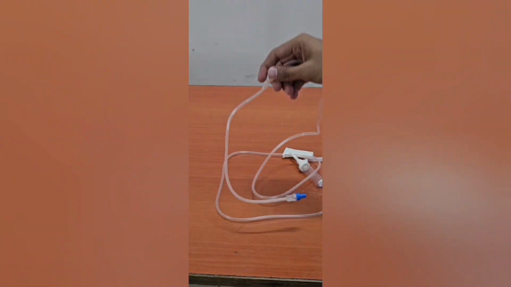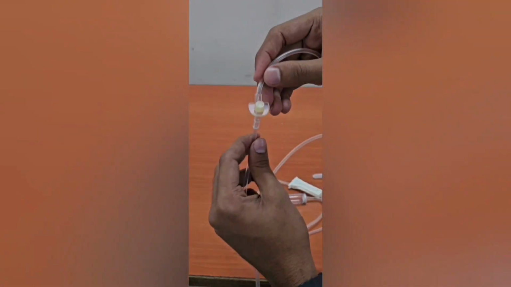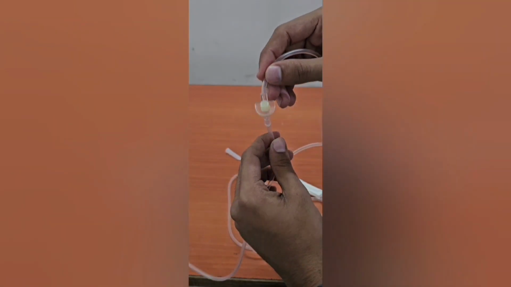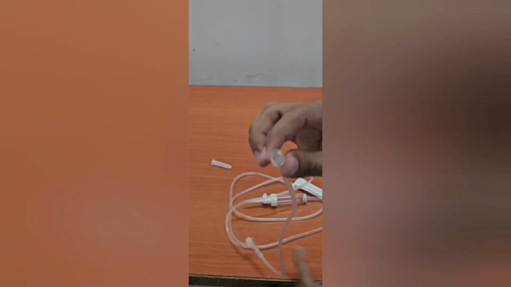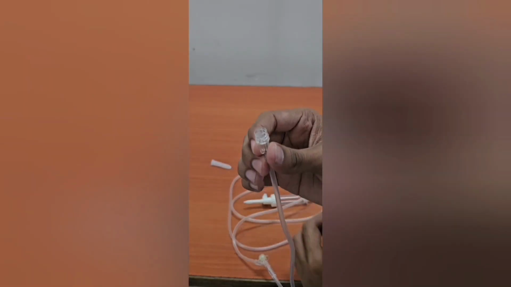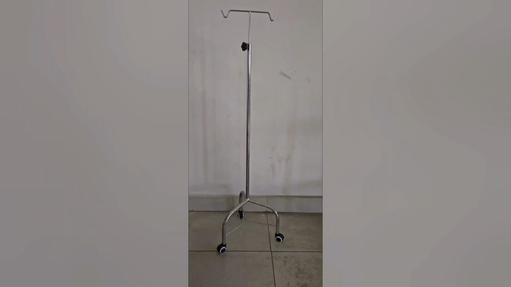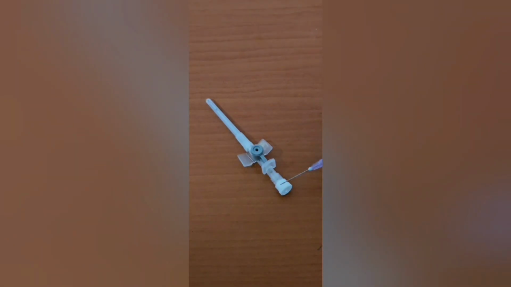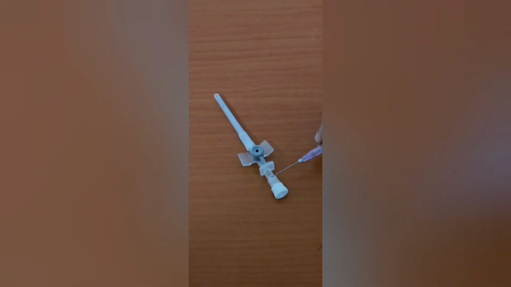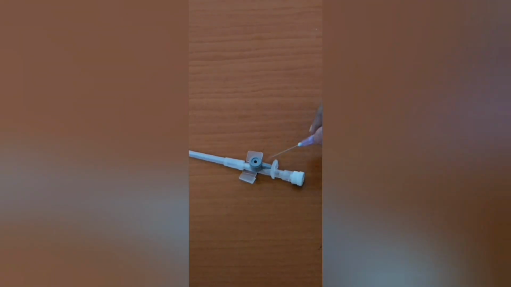This is the injection port. And the needle end, which is used to attach to the venflon. This is the IV drip stand. Now we'll see the parts of a venflon. There is a lower lock plug, flashback chamber, needle grip, luer connector,